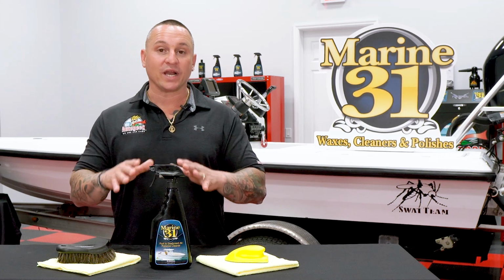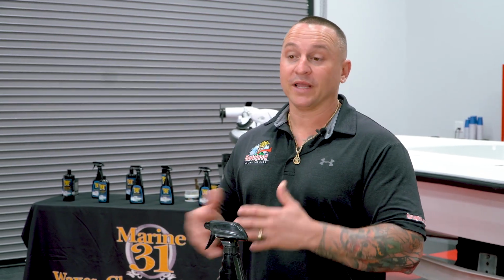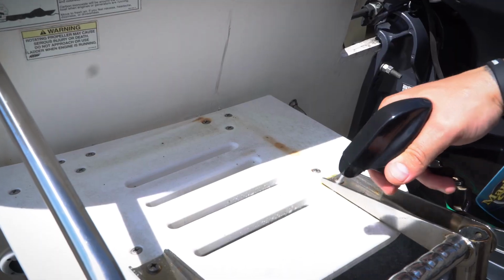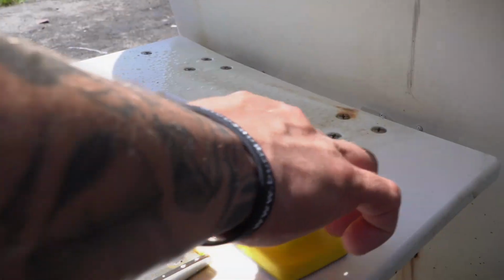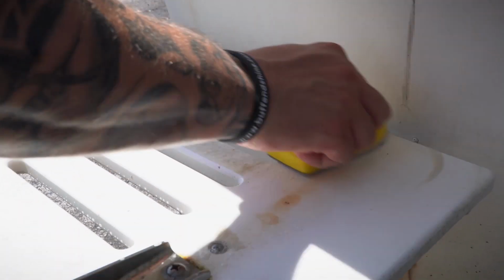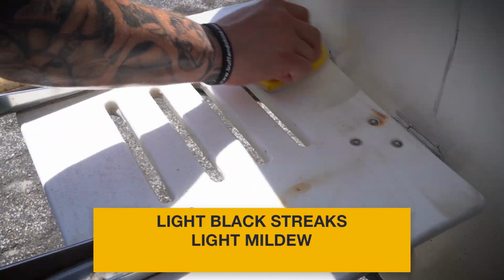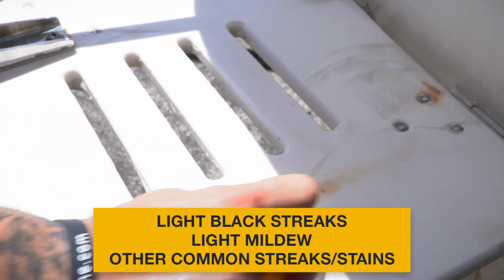Now, this is a great concentrated cleaner because it has a unique blend of surfactants that help break down and encapsulate dirt on all your marine surfaces. So this could be used for literally port to starboard, inside, outside, you name it. It really works in regards to a good all-purpose cleaner, also known as an APC. This will help remove light black streaks, light mildew, and all your common streaks and stains that you would find